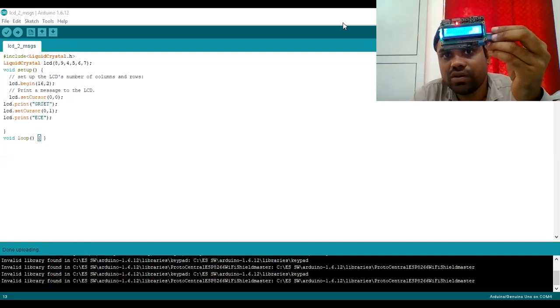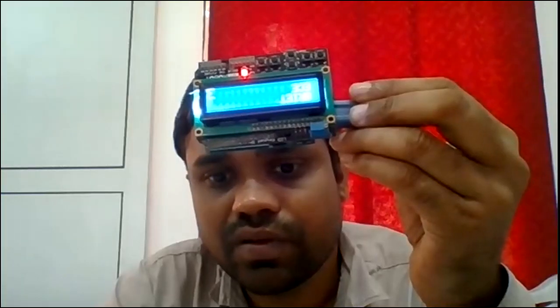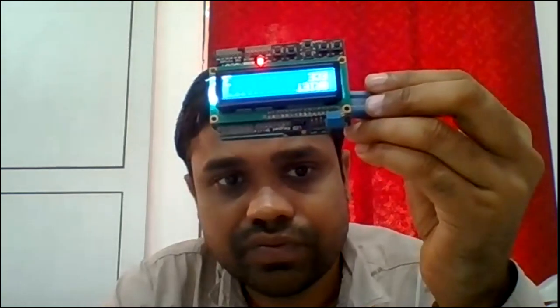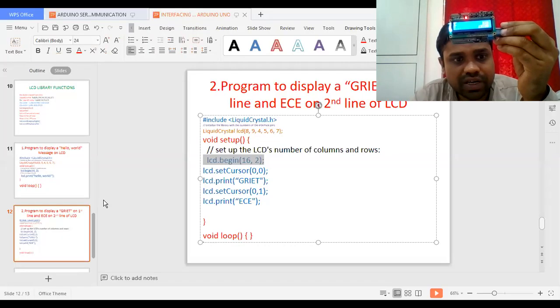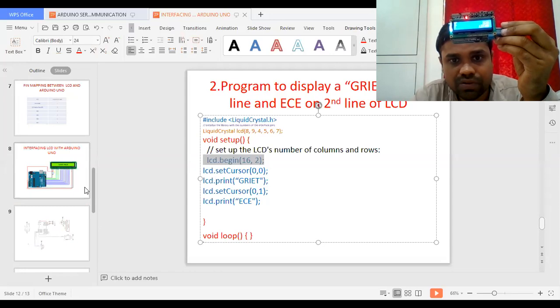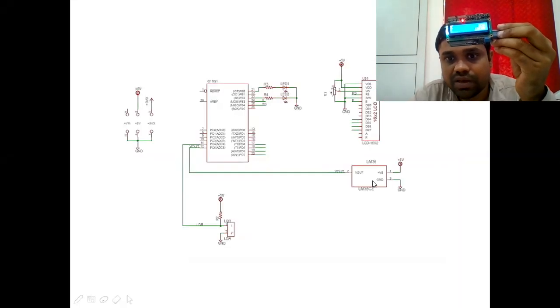Similarly, we can interface various sensors with the Arduino, that is the LM35 temperature sensor and the LDR sensor, and we need to display the temperature and LDR information on the LCD.